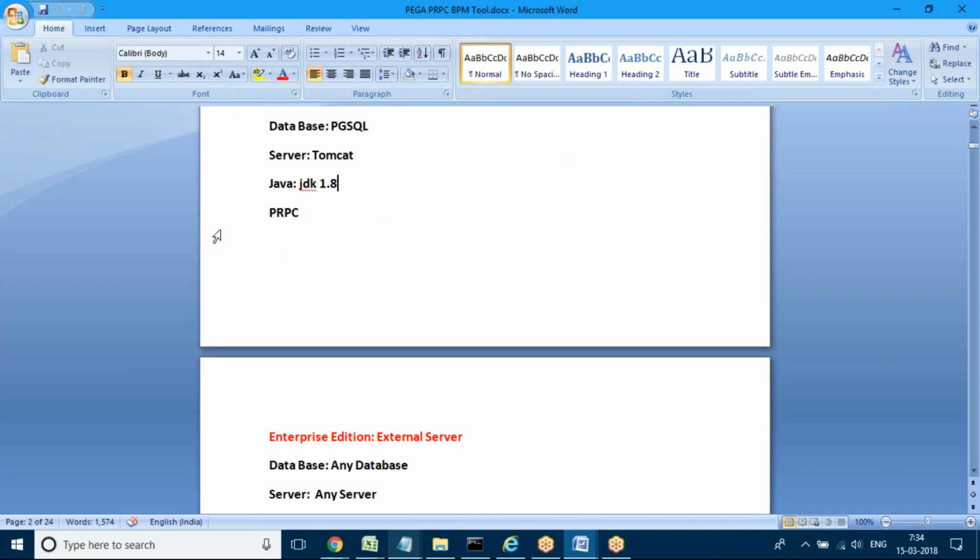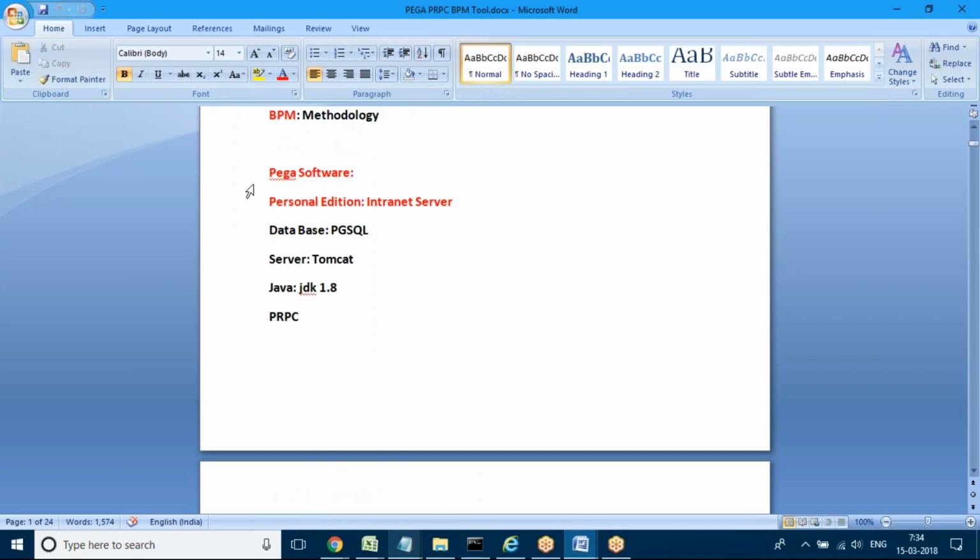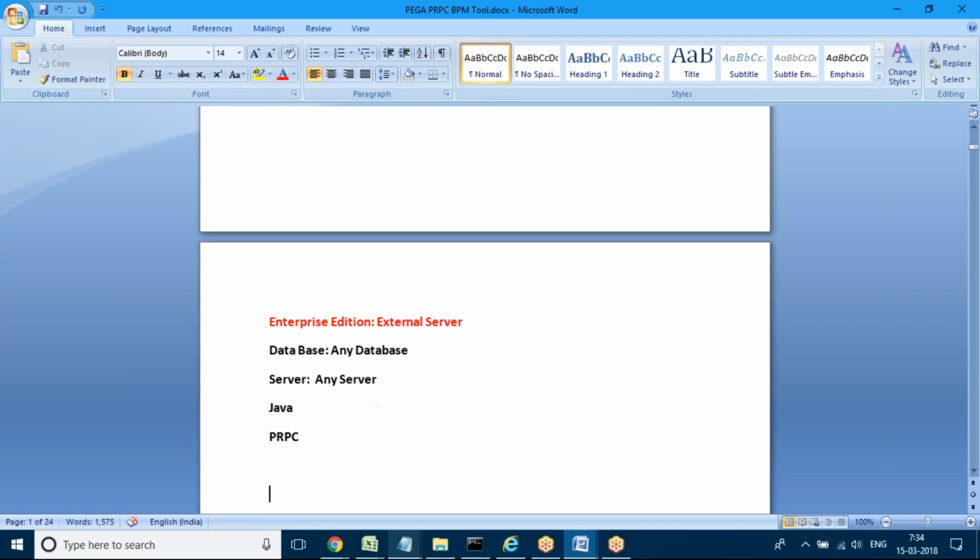For practice purposes, they released an edition called the personal edition, and it comes with one database and server. Java also gets installed along with Pega PRPC. PRPC is the main platform where all the designing and development will take place. Even in the enterprise edition, which is used in real-time companies, you get the same components.